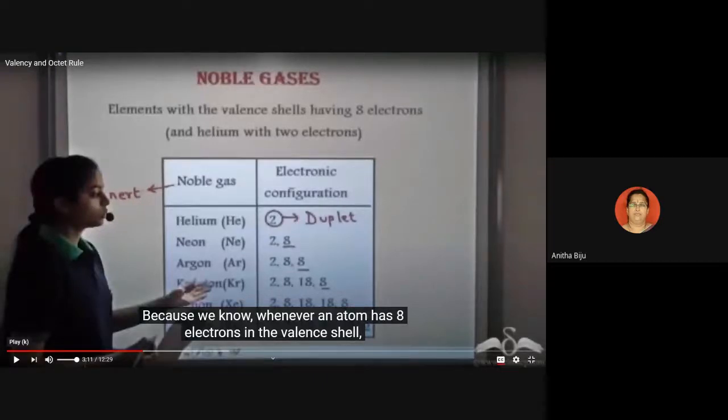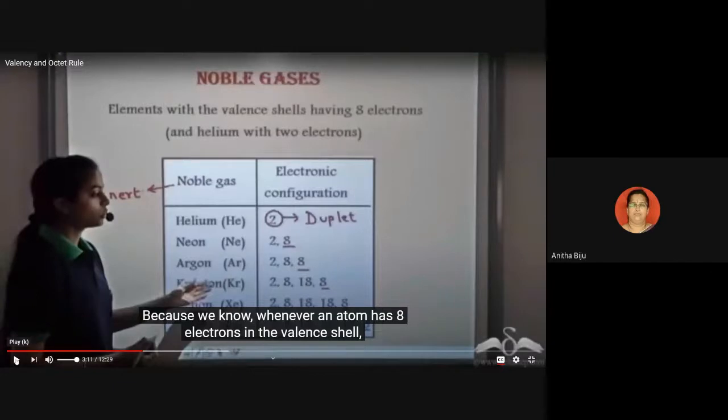Okay, so try to avoid the word inert; instead use noble gas. It is better to use noble gas, not inert. Inert means they are chemically inert, unreactive. Still, some of the elements form compounds, so that's why there is no significance for the word inert. But the term inert stands for unreactive. Clear? Is it clear? Yes, ma'am. Okay, let us continue.